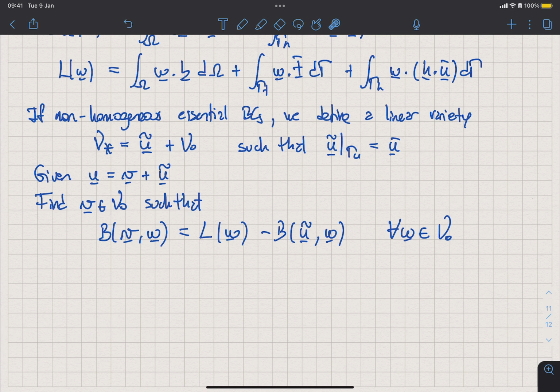Okay. Are there any questions? This is going to take some time to process. Tell me. How do we know U tilde? Oh, you just choose U tilde. That is your function. You can choose any function that satisfies the